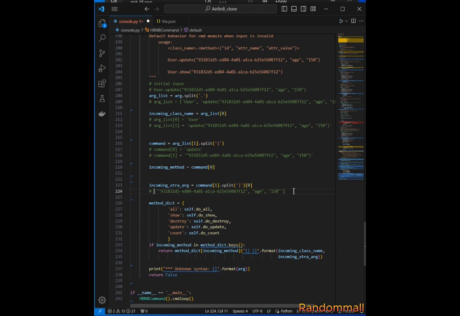This is now the incoming extra argument. Now that we know that we are left with this, the next thing we are going to do is modify our method construct. But before we do that, if you look here, we see that this incoming extra argument